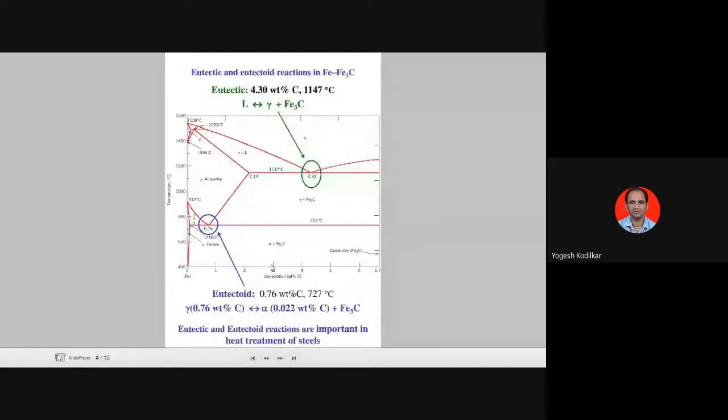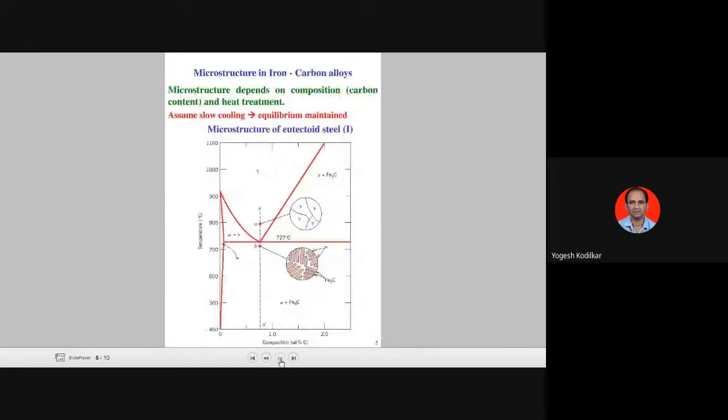So these are the eutectic and eutectoid reactions. This is called the eutectoid reaction at 0.76 carbon percentage. That is, at the lower critical temperature there is the eutectoid temperature, and at the medium critical temperature this alpha ferrite phase is converted into gamma austenite. That is the eutectoid reaction, and at the medium temperature, around 1147 degrees Celsius, there is a eutectic reaction. In this eutectic reaction, the liquid is converted into two types of solids. That is the iron carbon equilibrium diagram.